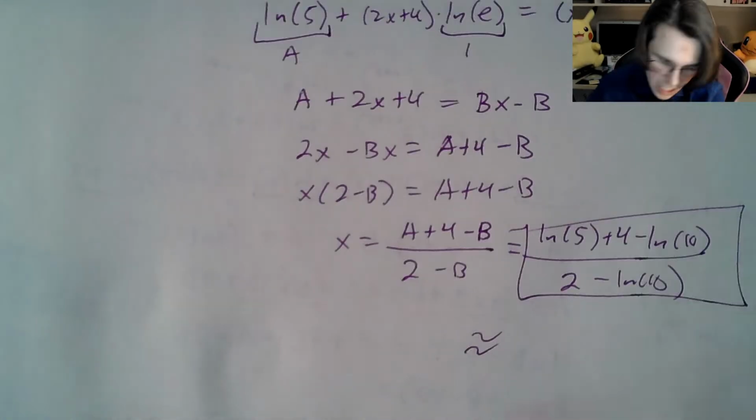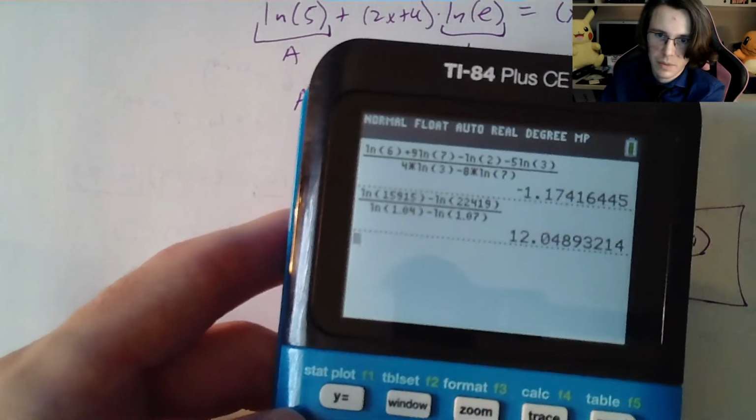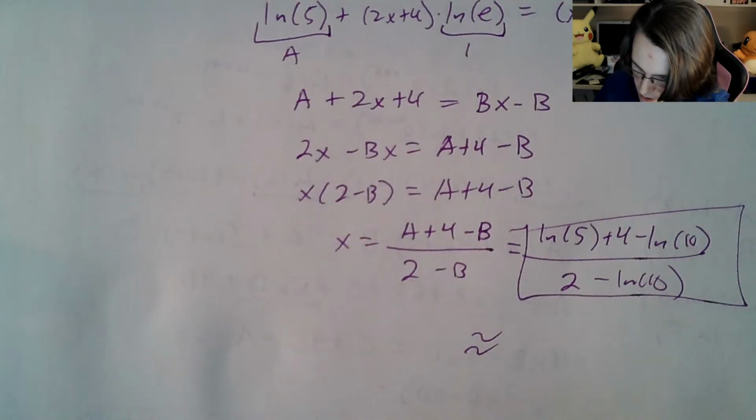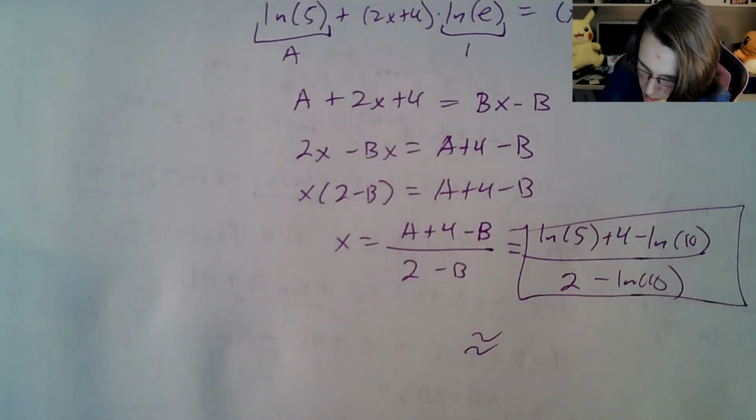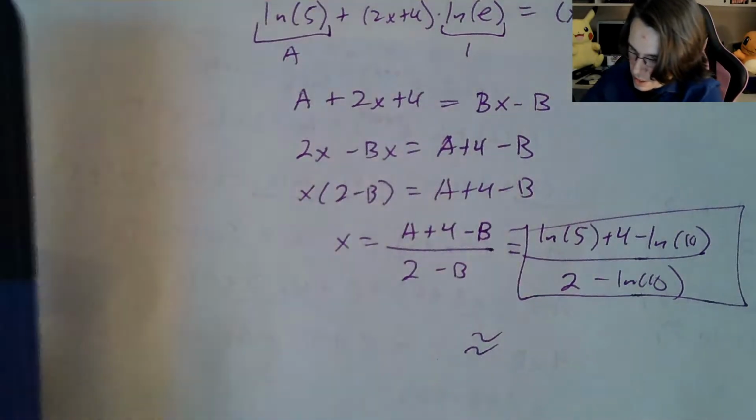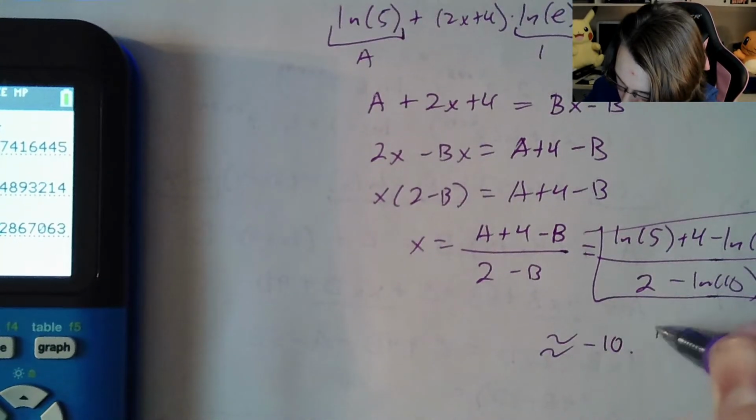And that is approximately, got to type it in the calculator. And again, I'm just using my alpha y equals enter, typing the whole thing in. You see I'm actually typing the whole thing. That's what we got to do. Not really a quick way of doing it. ln of 5 plus 4 minus the ln of 10 over 2 minus ln of 10. Okay. And you get approximately negative